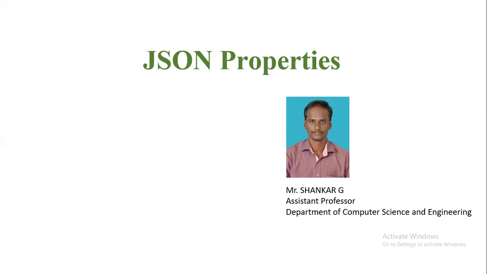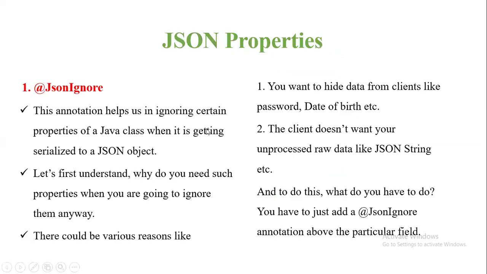Let's go to the video content. In this video, we are going to talk about JSON properties. Among that, first we'll discuss the first property called JSON ignore. This annotation helps us in ignoring certain properties of a Java class when it is getting serialized to a JSON